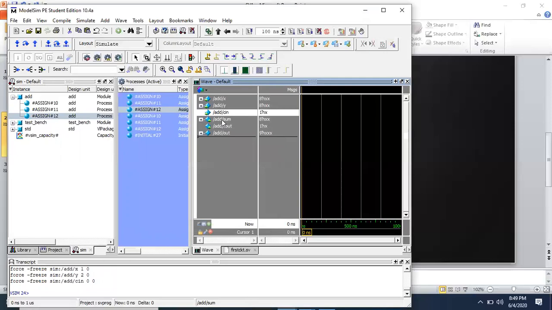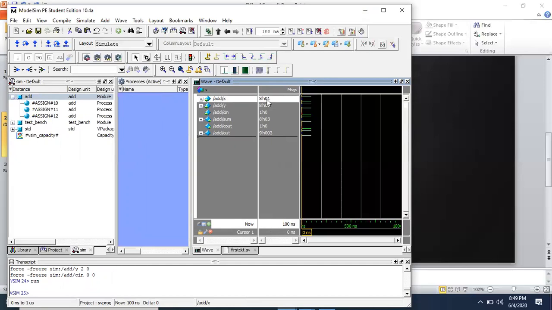So these are the inputs, right? Just click on the run option here so that you will get the value. Here the value is 1, here the value is 2. And cin we are keeping 0, 1 bit. So here sum you are getting as 3, 1 plus 2 as 3. There is no carry generated, so cout is 0, and your out is again a 3, which is similar to sum only. But here it is showing 9H.